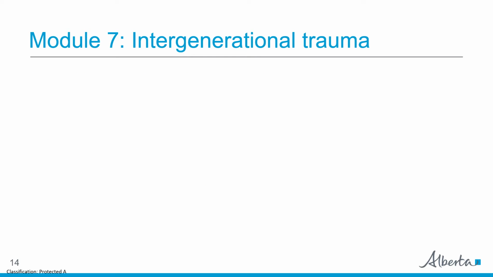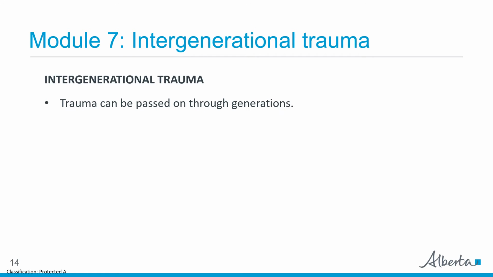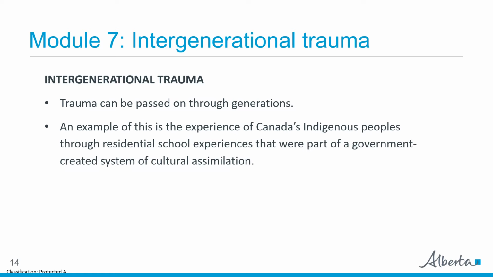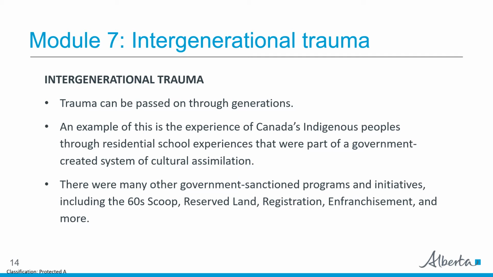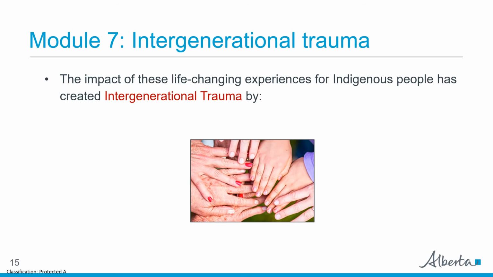Module 7. Intergenerational trauma. Trauma can be passed on through generations. An example of this is the experience of Canada's Indigenous peoples through residential school experiences that were part of a government-created system of cultural assimilation. There were many other government-sanctioned programs and initiatives, including the 60s Scoop, reserved land, registration, enfranchisement, and more. The impact of these life-changing experiences for Indigenous people has created intergenerational trauma by